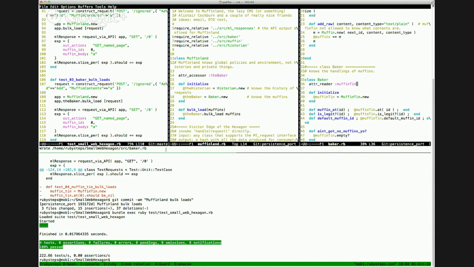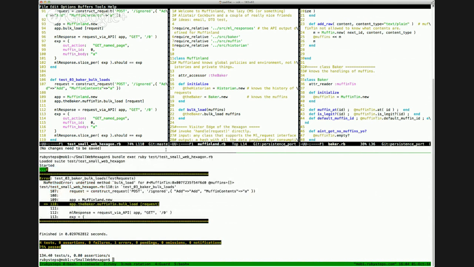And now we can go to the test. Switch to the test, and then the baker dot muffin tin dot bulk load. That won't work. You've got two problems with this, Dave. Tell me. We'll just try it and see it not work. The technical reason that won't work is because the muffin tin expects muffins. Yes, for sure. The second one is a design smell: when you go app.thebaker.muffintin, you're kind of putting your hand straight into my stomach and putting food into it and